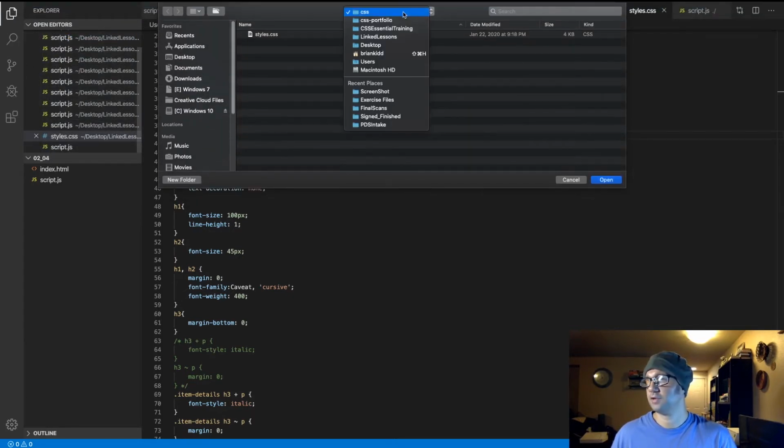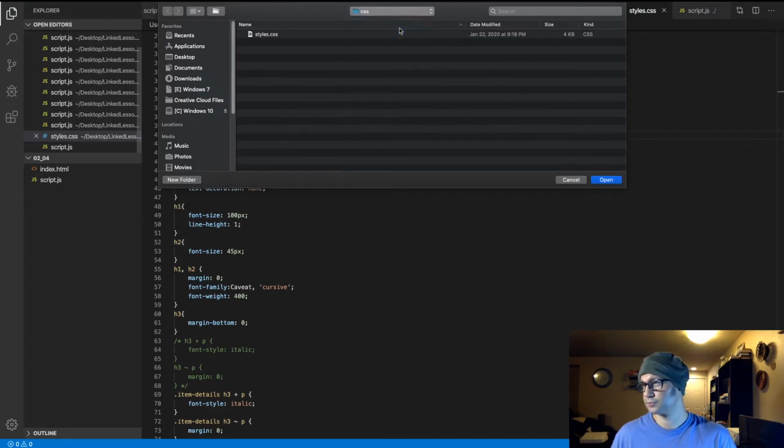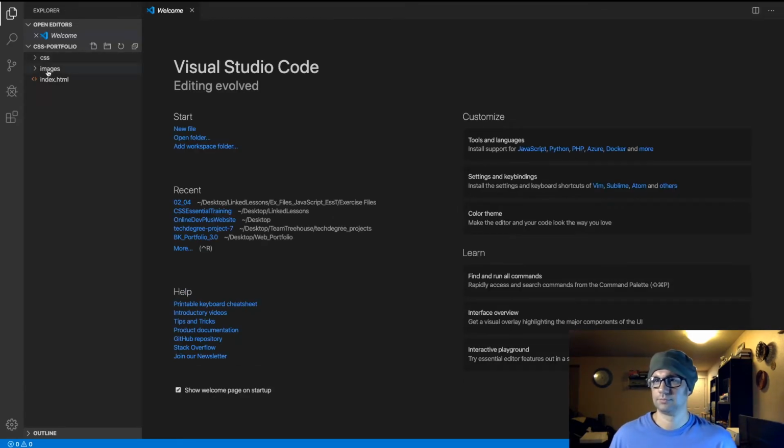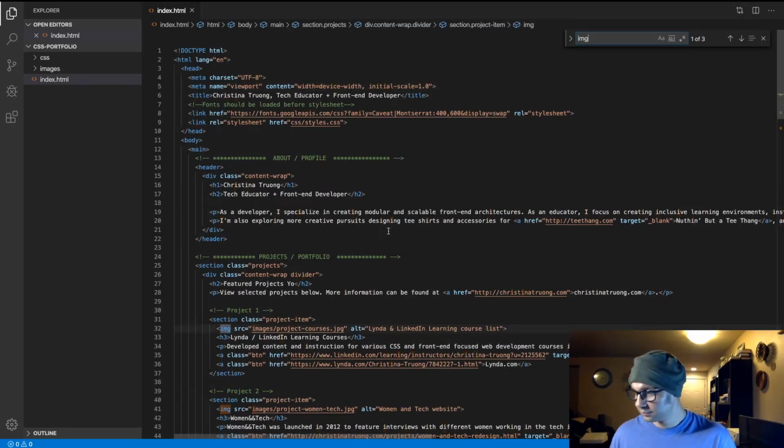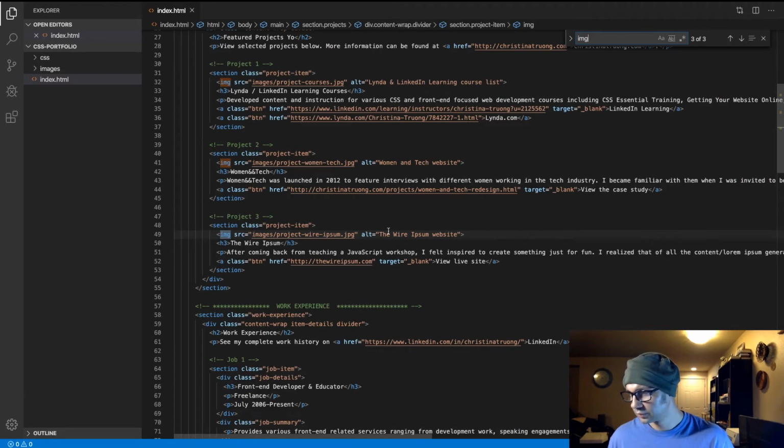Okay, let's try to find an image on this page. Well, it doesn't look like there's anything that's resized. But what you could do